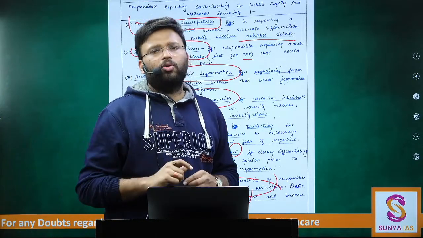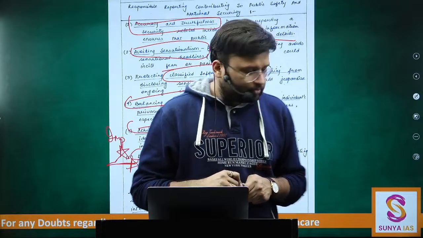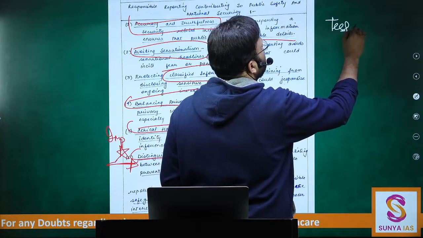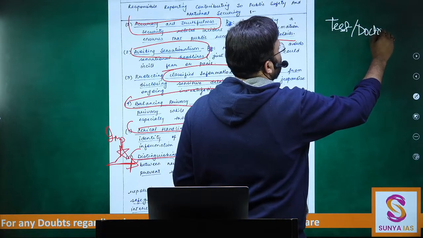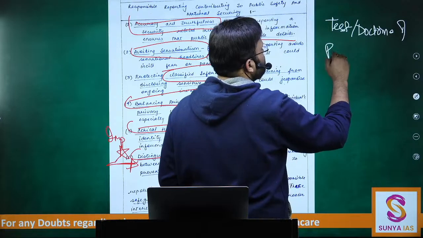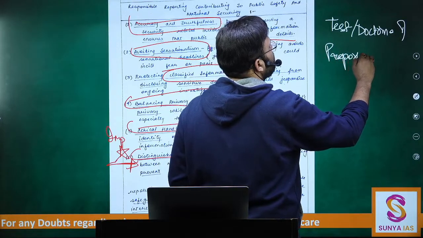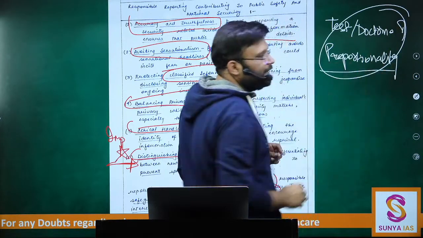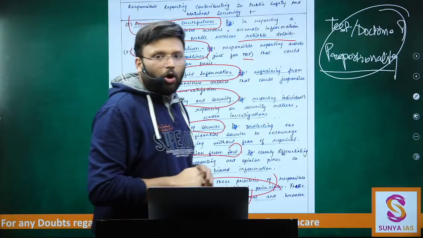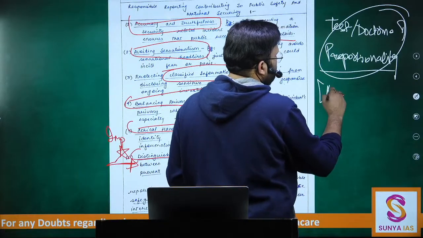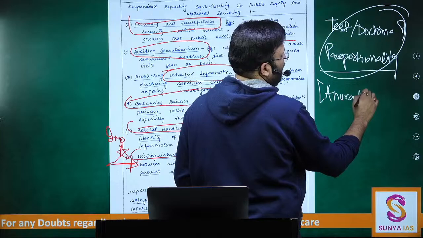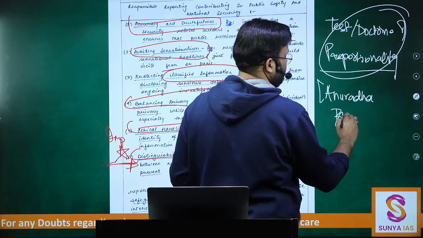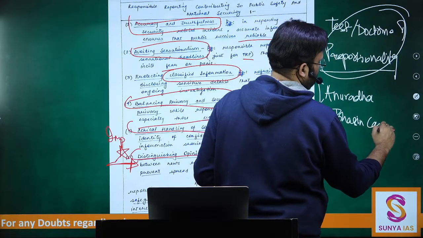Okay, what you could have done in conclusion is, you can talk about the doctrine or test of proportionality. What is this doctrine of proportionality? This doctrine of proportionality was given in the Anuradha. It is actually an old doctrine, but in Anuradha Bhasin case, so